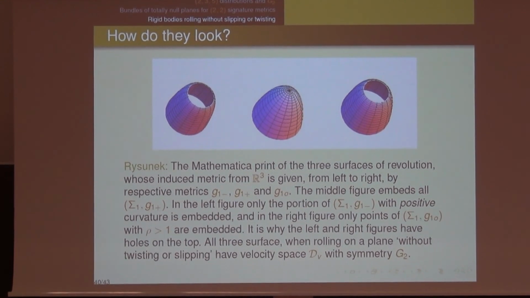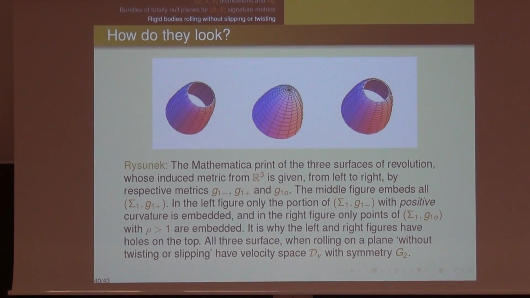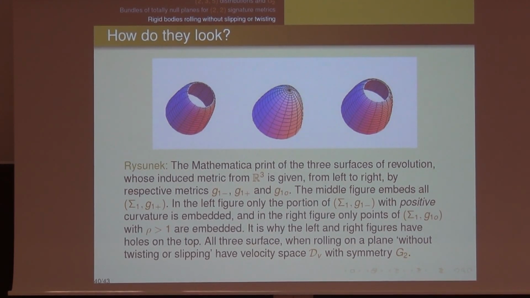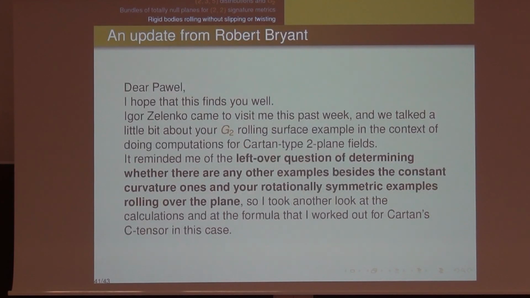A few years later, we found some other surfaces than these two balls of ratio radii 3:1 that have G2 symmetry. We found them by some ansatz. The question is, are they all? So then Robert wanted to solve this situation. And a few years later, he wrote me a letter saying that